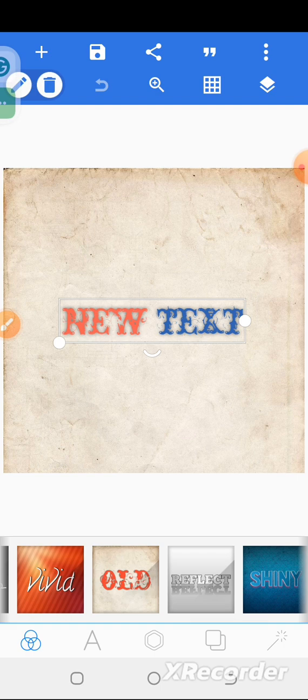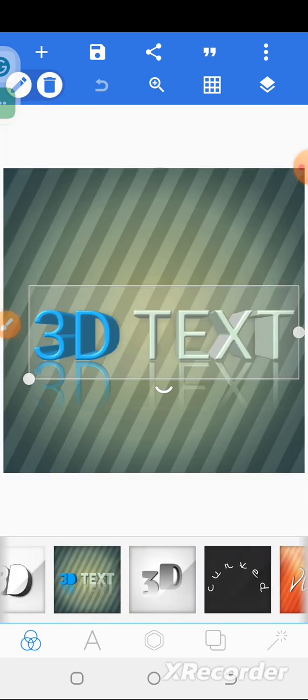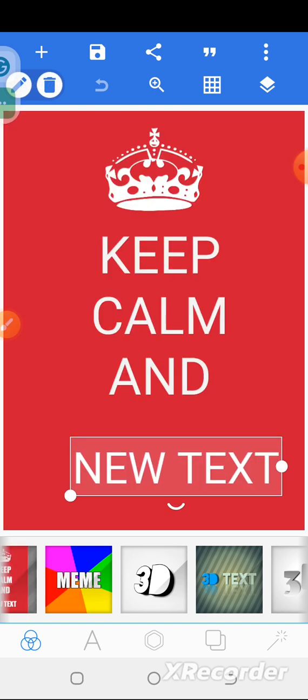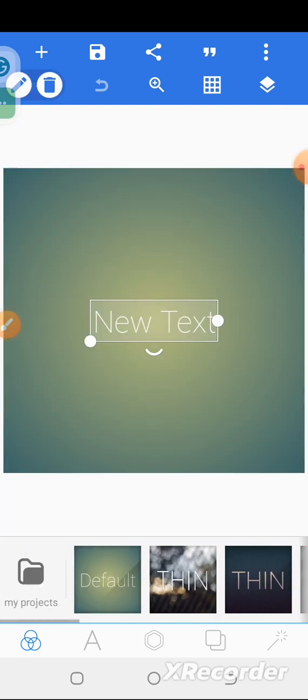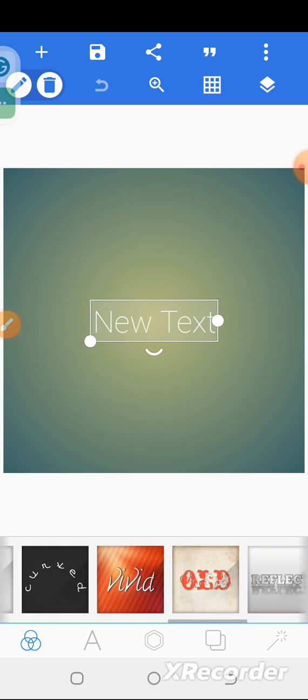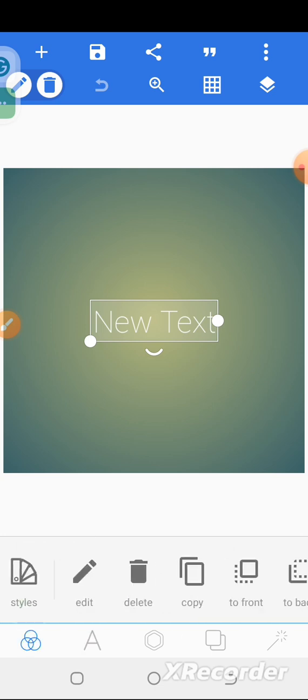It's not always advisable to use the templates here because they look childish, and anyone that is familiar with Pixellab will quickly know that you used Pixellab to design it. So what are you to do if you are not choosing from any of these backgrounds? What you will do, we'll get there later. The second one